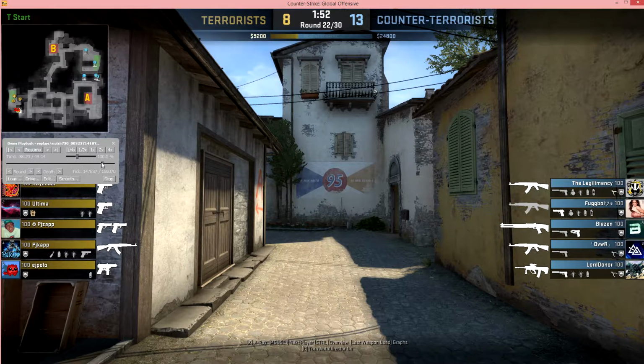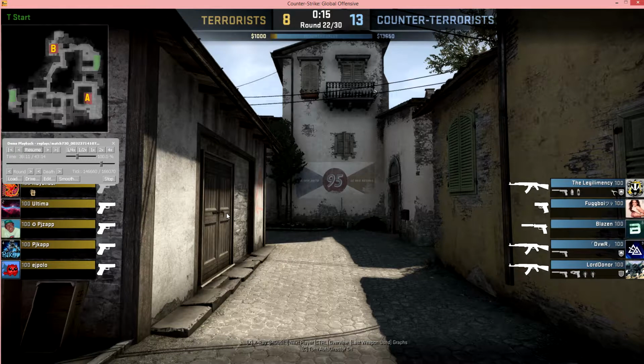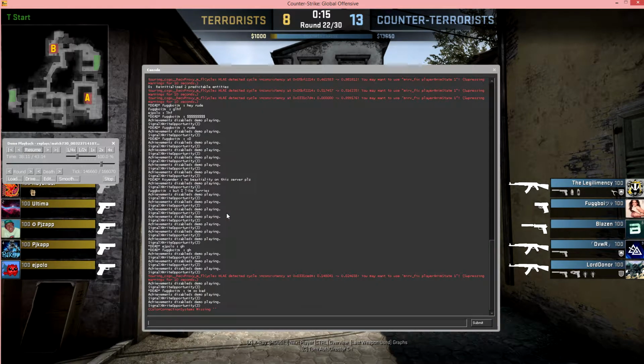I'm going to start mine at a reasonable number. Let's start it at 6625. Okay, that's a number I can remember, and since it doesn't matter what round it is when I record this, it doesn't really matter what tick it is, as long as there's no people running through it. Okay, so I'm still paused, so I'm going to hit the console and do your basic